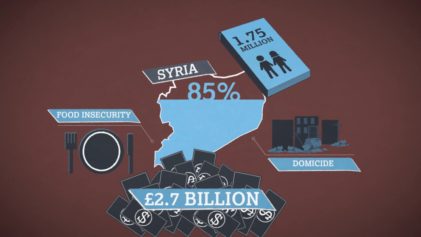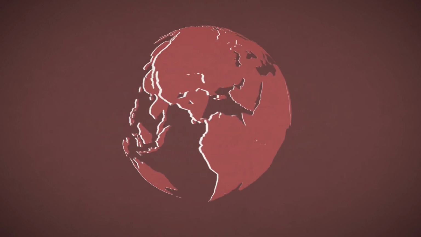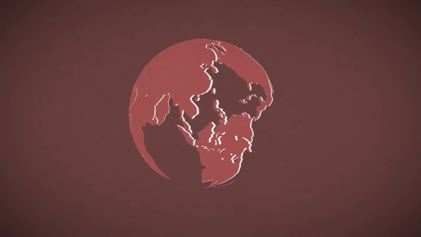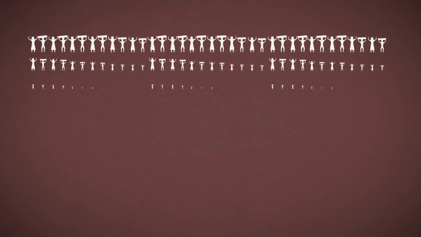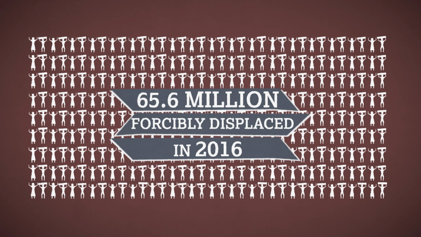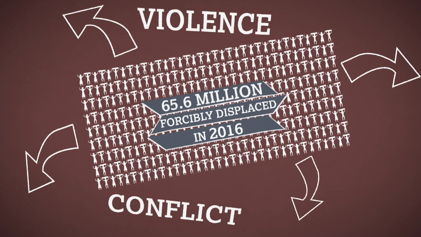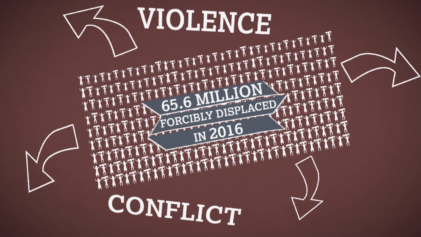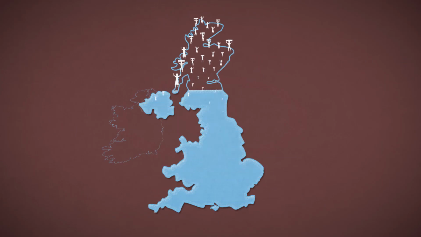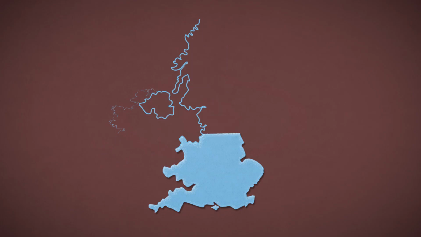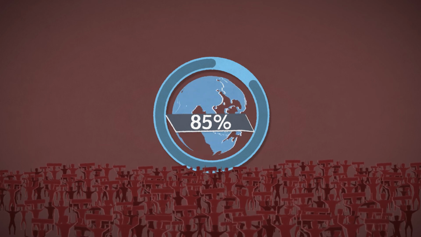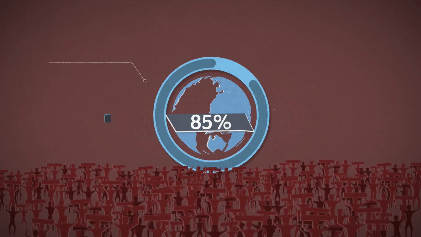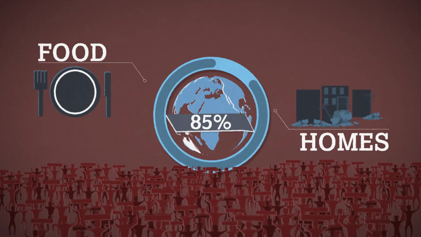Alongside well-documented geopolitical events such as the Syrian war, there are many conflicts that go unreported in the news that are seemingly overlooked by the global north. In total, around 65.6 million people were forcibly displaced at the end of 2016 as a result of conflict, violence, or human rights violations. That's a total bigger than the population of the UK. 85% of the world's refugees are hosted by developing countries and regions, which create new challenges for resources and development.